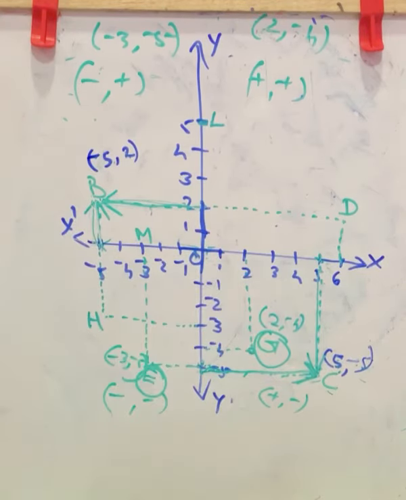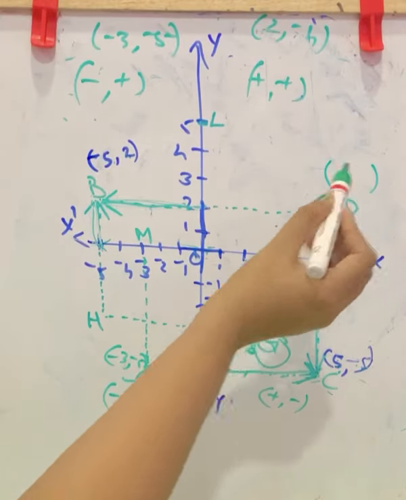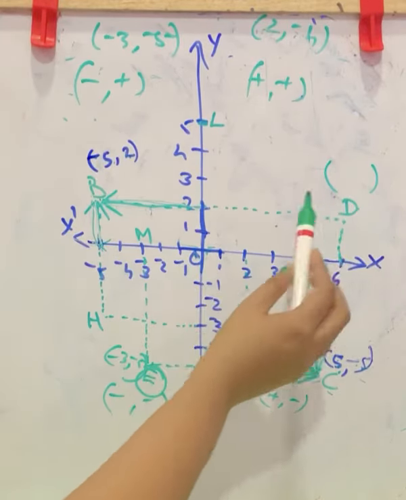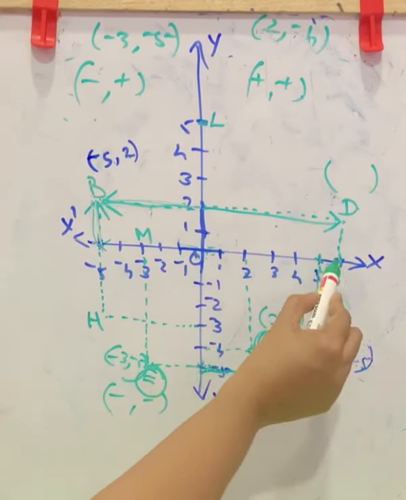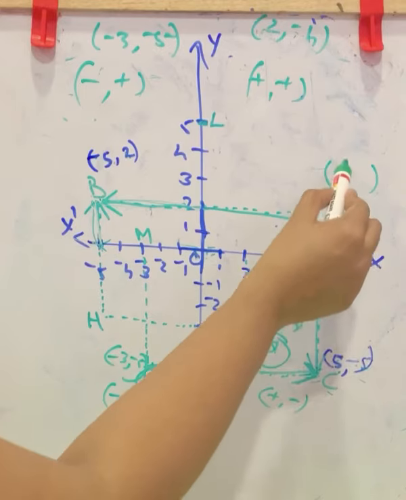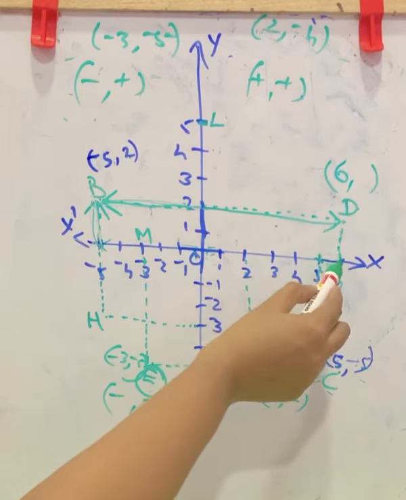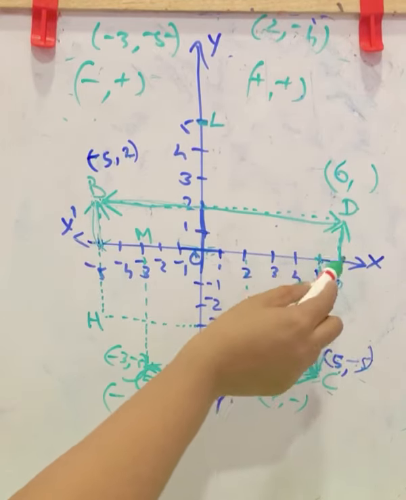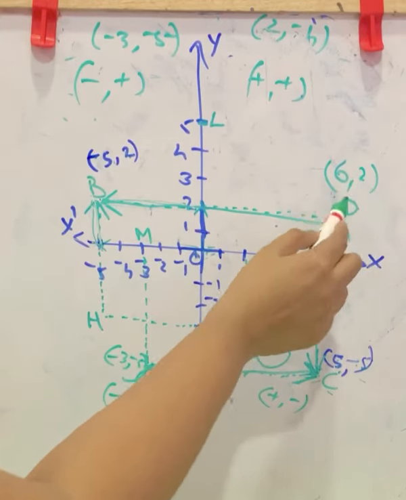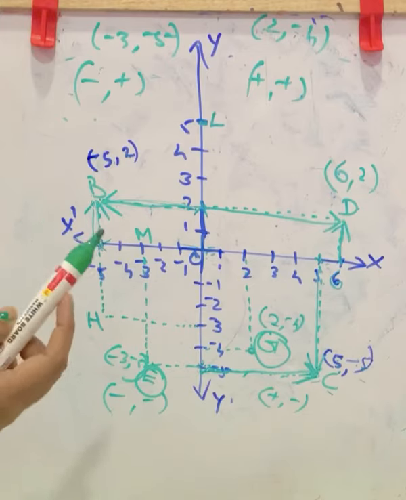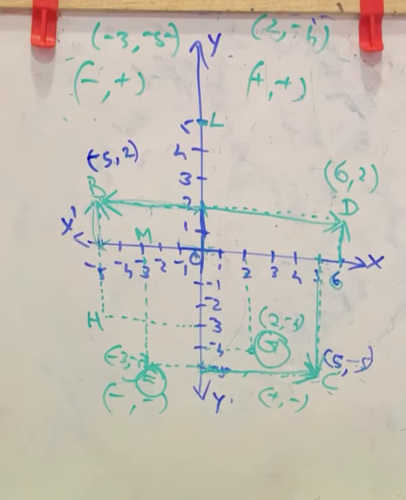This is D here, and abscissa means x coordinate. Here D means what is the value? First you will check this distance, and that is parallel to this x-axis. So 6 is the value here. Then you will say this height, and it is parallel to this distance, that is 2 here. 6, 2 is D. In that you want to find abscissa, that is x coordinate.